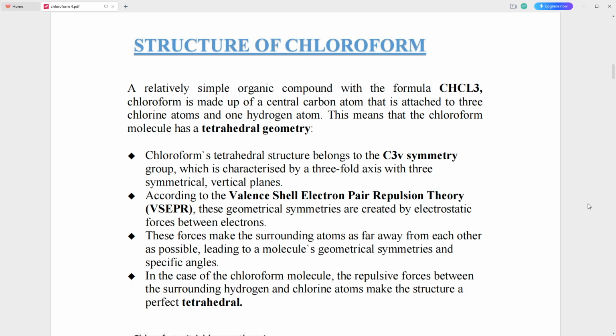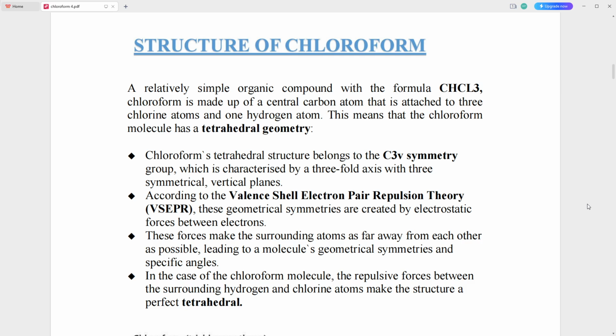Chloroform's tetrahedral structure belongs to the C3v symmetry group, which is characterized by a three-fold axis with three symmetrical vertical planes. According to the valence shell electron pair repulsion theory, these geometrical symmetries are created by electrostatic forces between electrons. These forces make the surrounding atoms as far away from each other as possible, leading to a molecule's geometrical symmetries